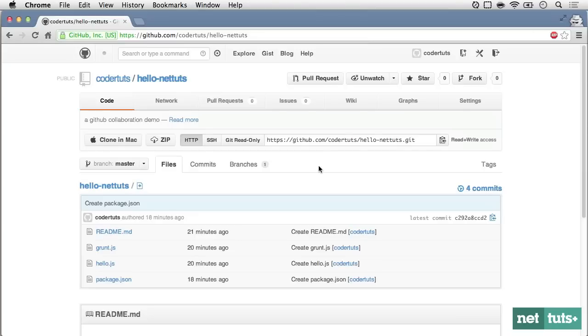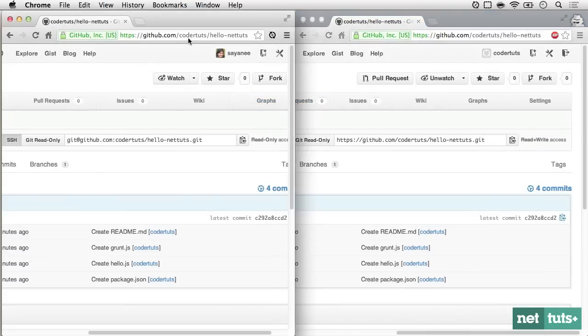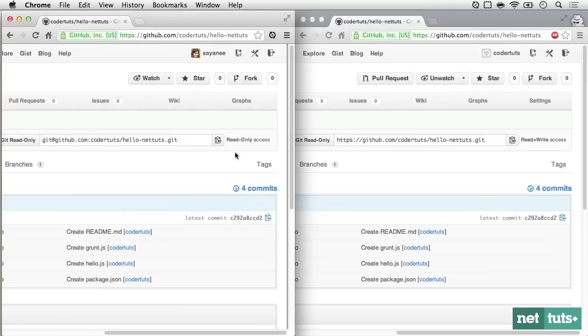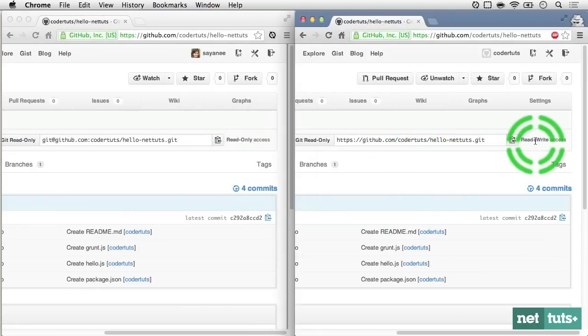Now let's say we do not need so many teams, but we just want to add one collaborator to this particular project, and I'm going to split the screen now. So here I am accessing the same repository, but this is through my account. What if I want read and write access? Notice here, firstly, I have only read access, whereas of course the originator of the project has both